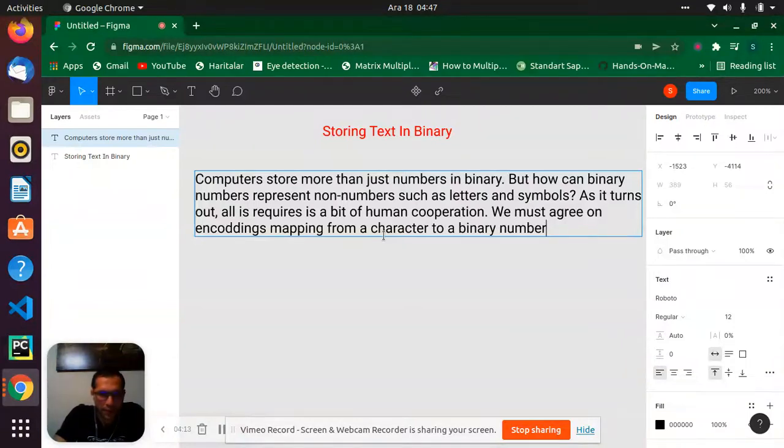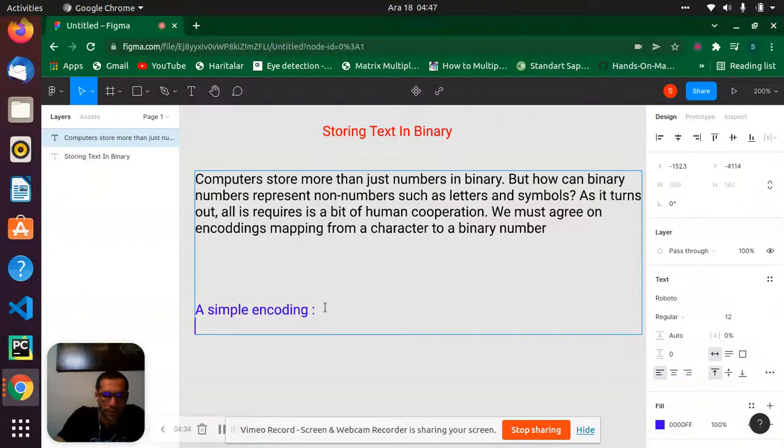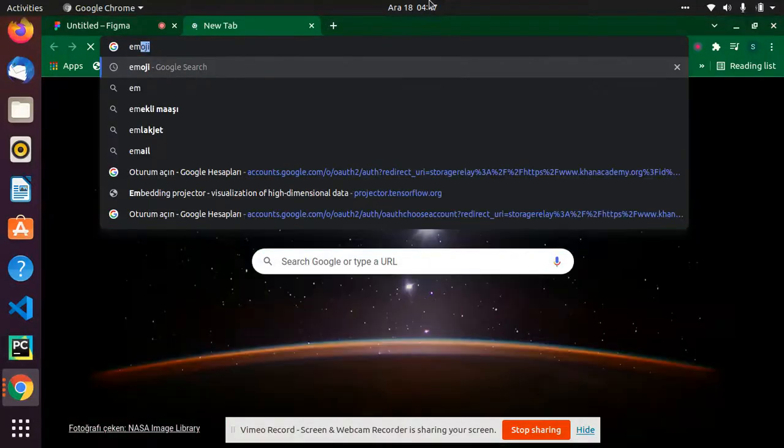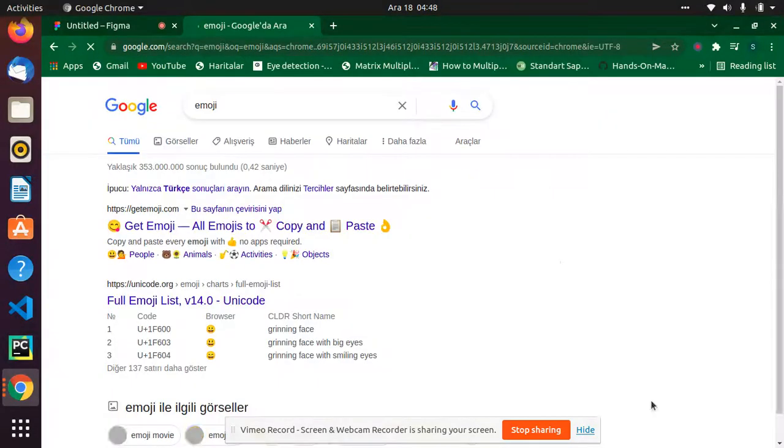Now the subject is that today we will look together at a simple encoding. Let's do it something like that. I will take three examples, emoji maybe.